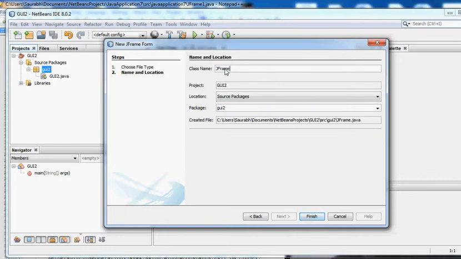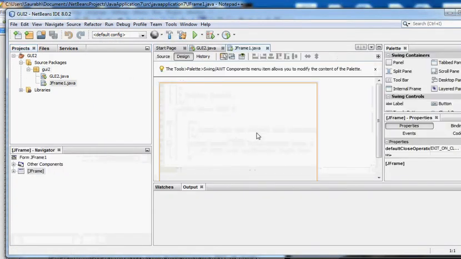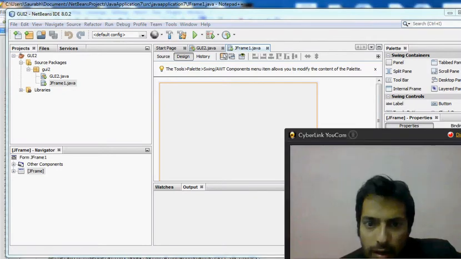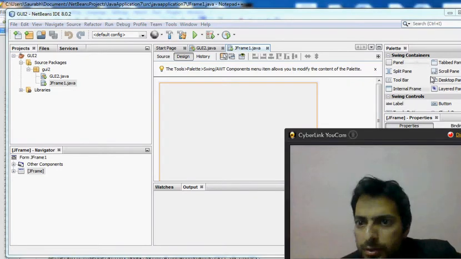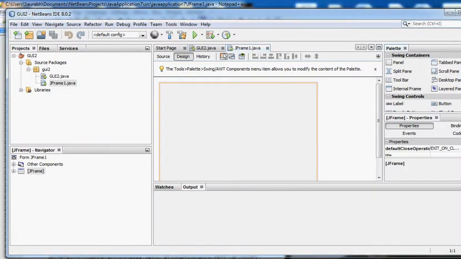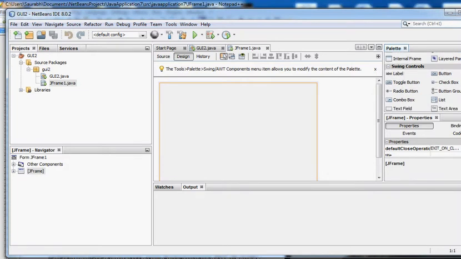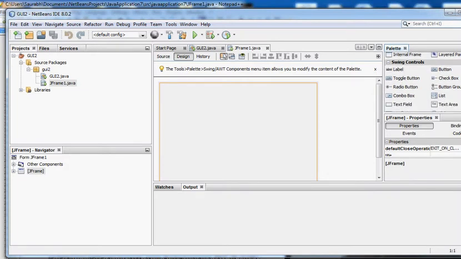I'm going to rename it as JFrame1, so that we can easily know that it is the first frame. And as you can see, there are the swing containers on the right, and there are the swing controls. So for this particular app, I'm going to add a button,